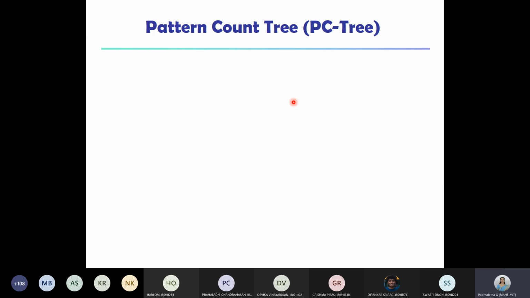Whatever intermediate information we get from the bottom-up approach, we use for our top-down search. Similarly, the information we get in the top-down approach, we use for our bottom-up. This way we are trying to reduce the number of candidates. That was the pincer search.